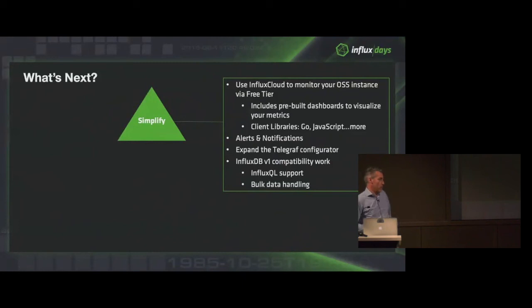Client libraries, Paul talked about this. We're moving from community-style ownership over the client libraries to us owning and driving them and certifying them, to make sure that we get better consistency over the features and functions available in those libraries. We've had some inconsistency over time, and so we wanted to improve that going forward. The first two we're working on are the Go library and JavaScript, and Paul mentioned Java is also in the works, as well as C# and C, I believe. Look for those to emerge, making it much easier to put the data into any alpha, beta, cloud instance if you're not using Telegraf.